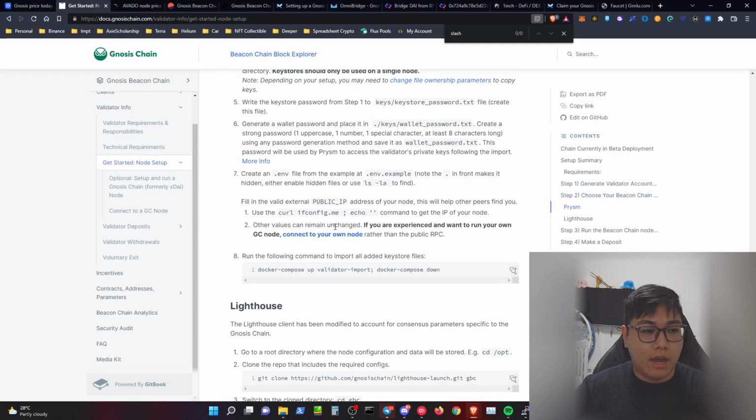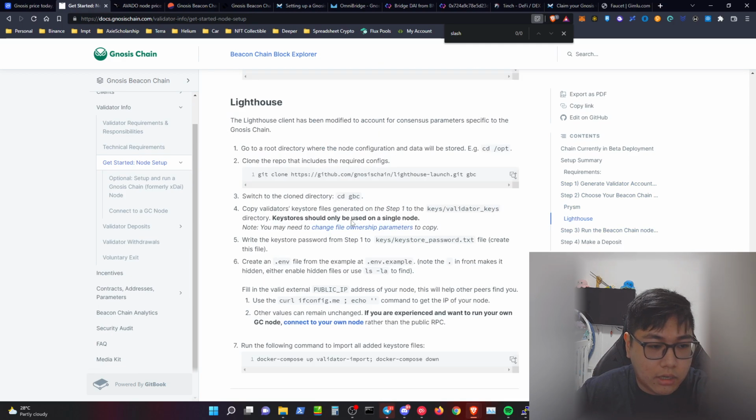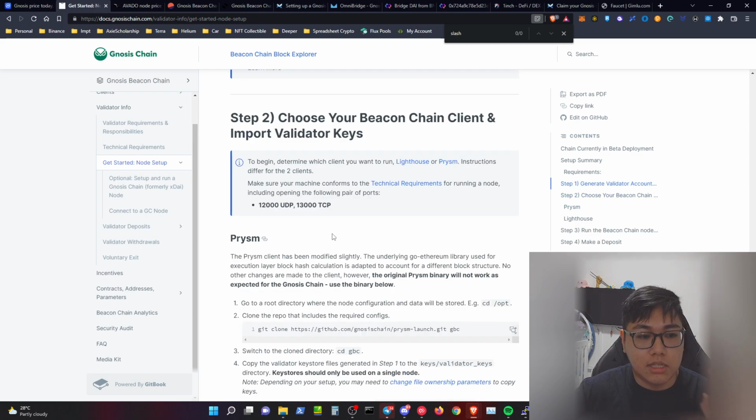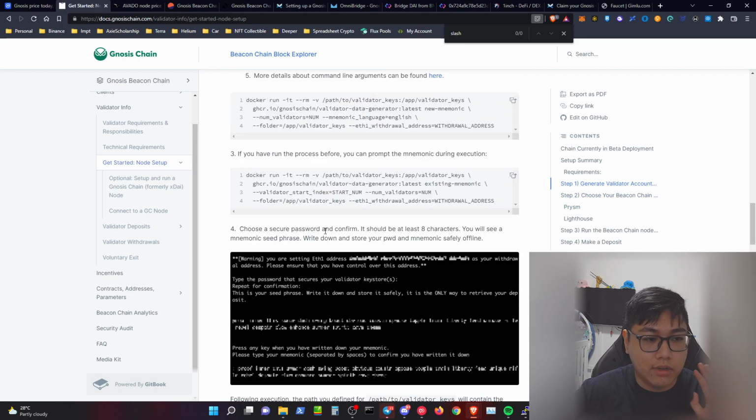I would say on Avado itself, everything you see here, all the commands, you don't need to care about it. You just need to know how to transfer the token in, like how do you send the token from your xDai to the Gnosis chain, how do you obtain the GNO token on the Gnosis chain, and after that over here I'm just going to tell you that it's super easy to set it up with Avado itself, because it is a solution that they have come out with, and they are selling the software.